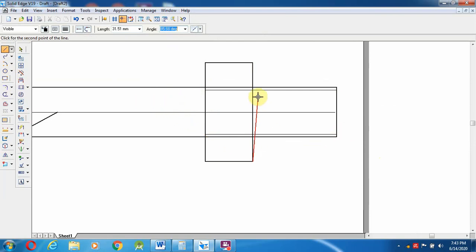So this will be from horizontal to the 30-degree line, so 180 minus 30. So 180 minus 30 we are going to give 150 angle. So I am going to make up to that, then trim it.